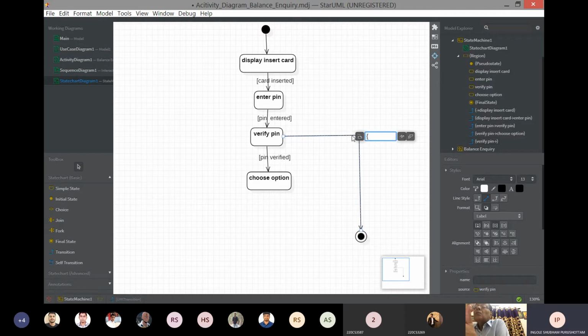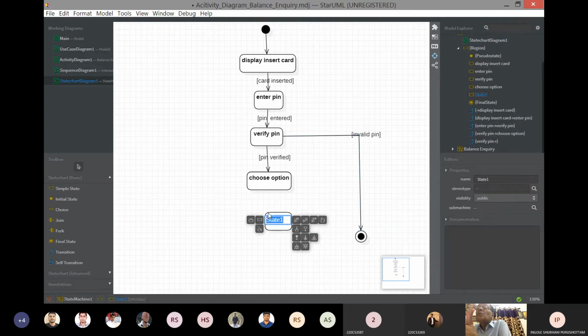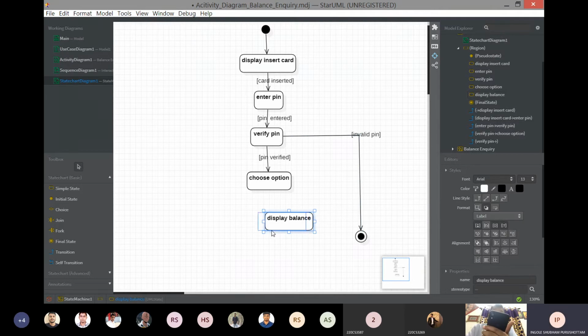So if the pin is invalid, it will be going to the final state. Otherwise, if the pin is valid, we are going to the next state. The state will be changed to display balance when the option will be selected, balance inquiry.